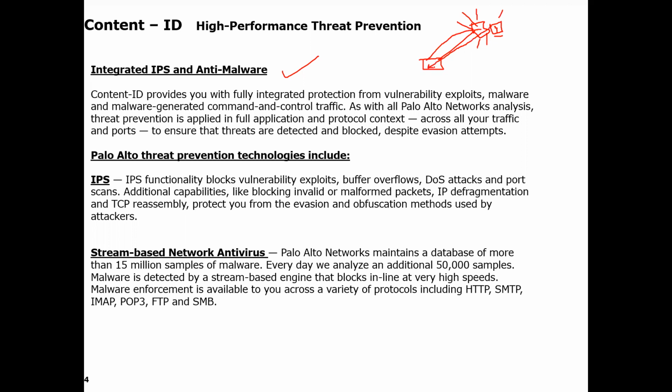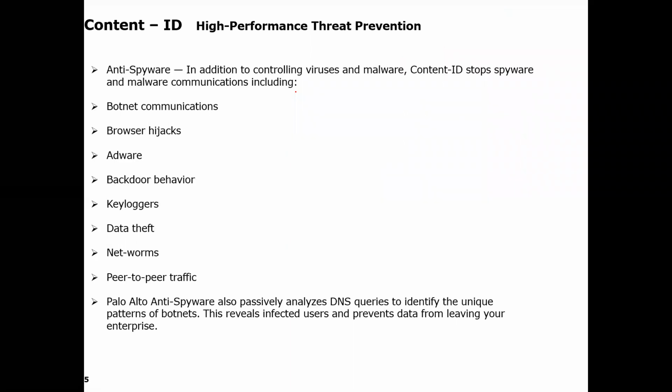Now when this user tries to download that particular virus, the firewall database will see that this is a virus, so it will block that communication. So this is how Content-ID works.